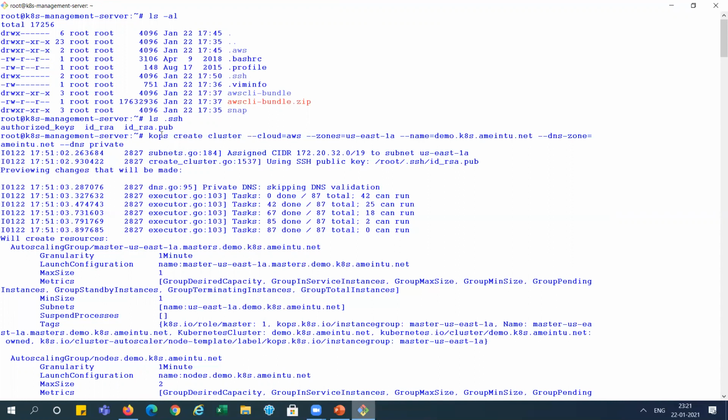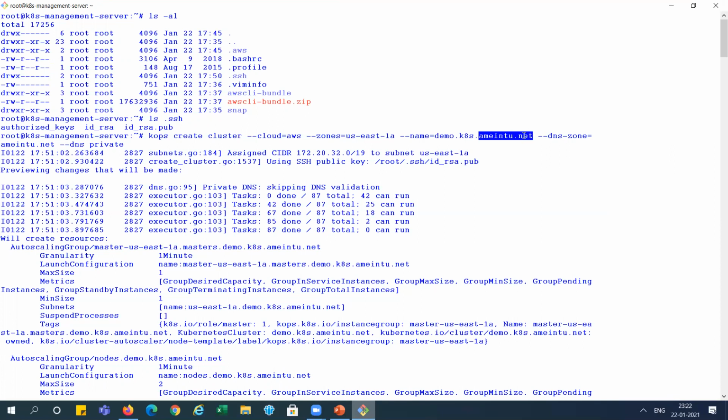This is the command we are using for kOps, and this is the cloud. We are using AWS and zones. Zones is just like availability zone, which we need to take in the region. You can see in the US we can take 1a, 1b, 1c. So I've taken 1a here, and this is the name of the cluster, which is given the same as the DNS name created at mn2.net.